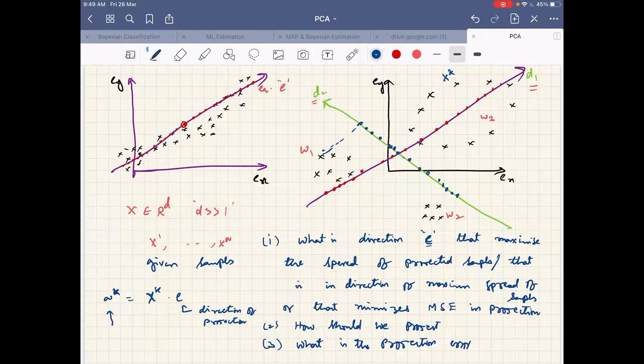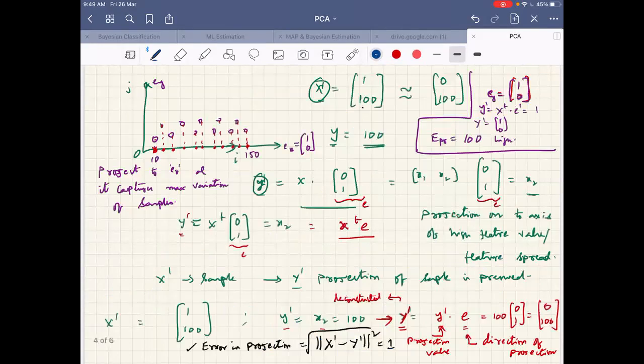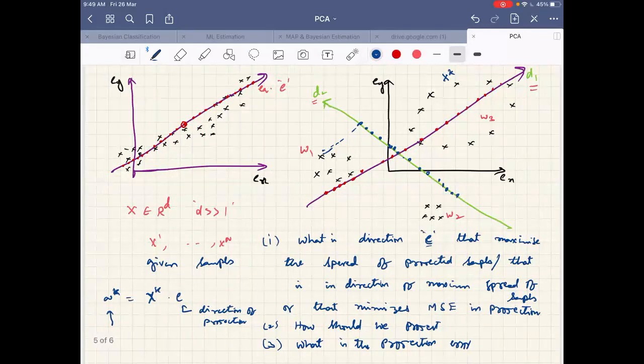And what is AK? Can one of you tell what is AK? Say in this example, what is AK? AK means for this sample, so this is A1 in some sense. For this sample 1, what is the projection length? That we are considering as AK. AK is the projection length.